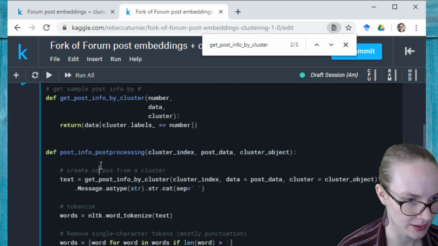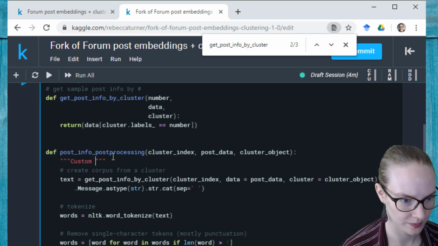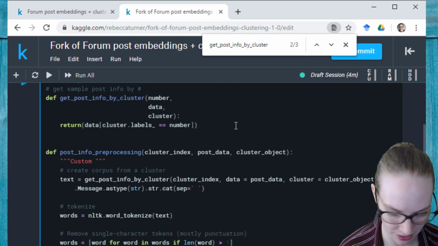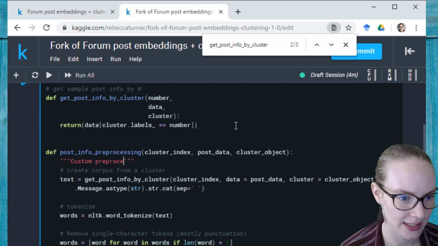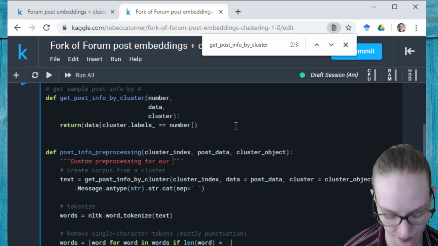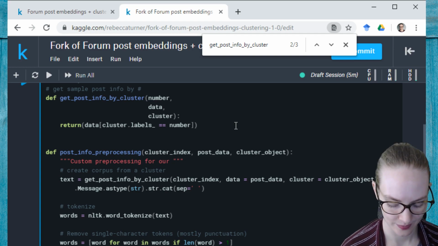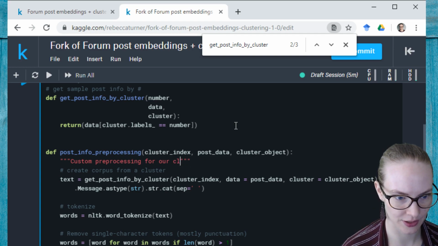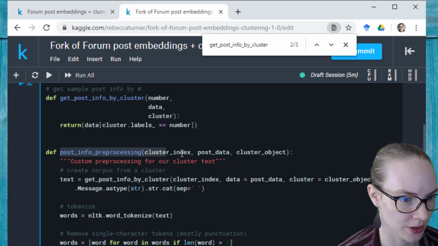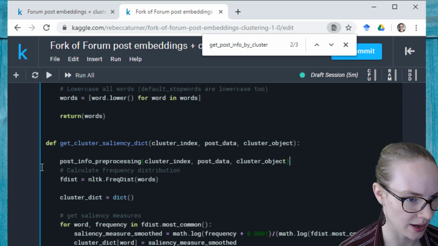And then let's write a little doc string for this. Custom pre-processing, it's pre-processing because it happens before the other things that we're doing. Custom pre-processing for our cluster text. Okay. And then I should be able to do all of this, and then